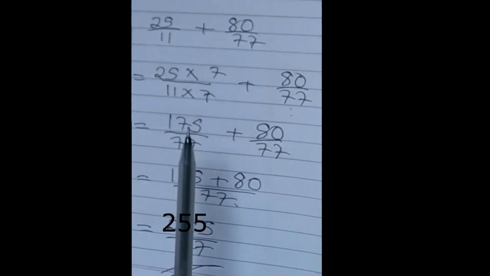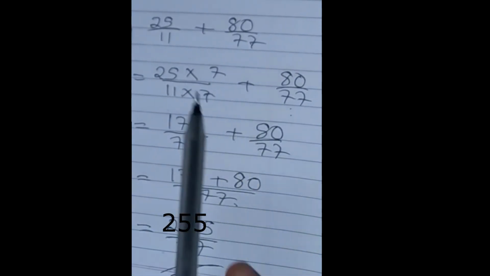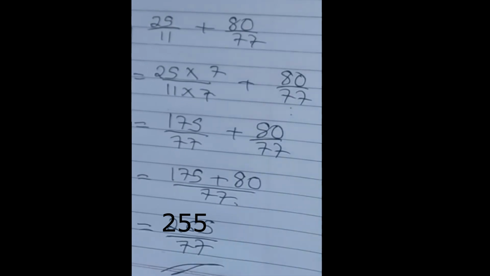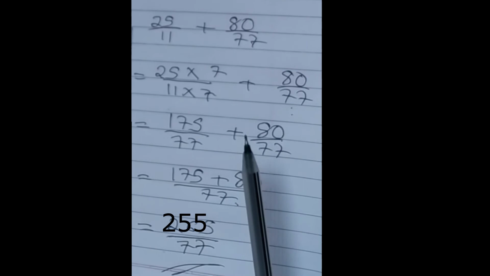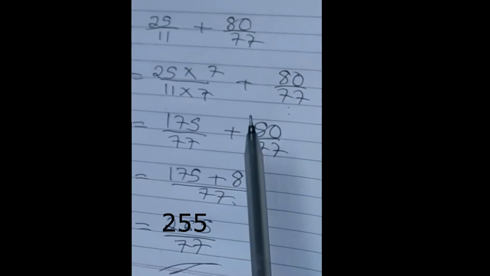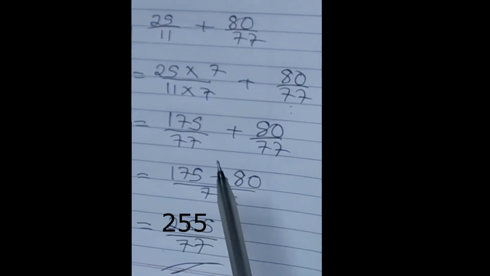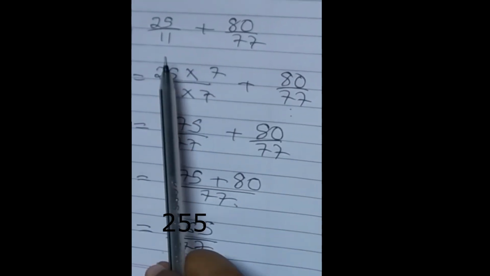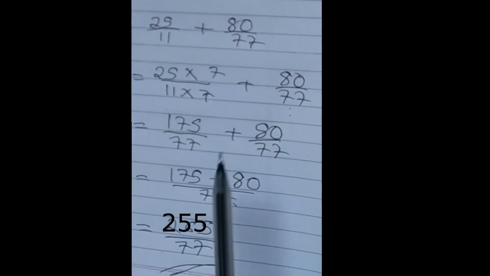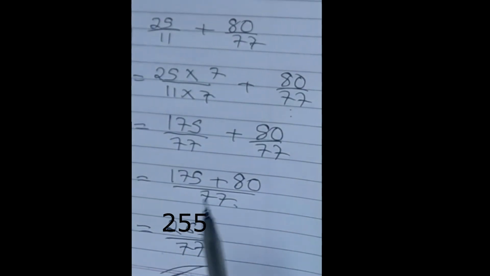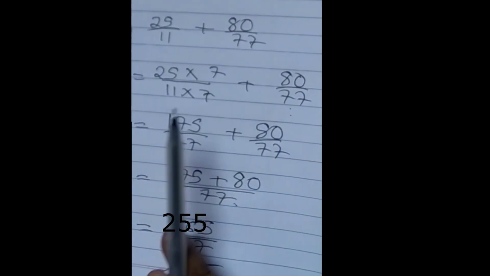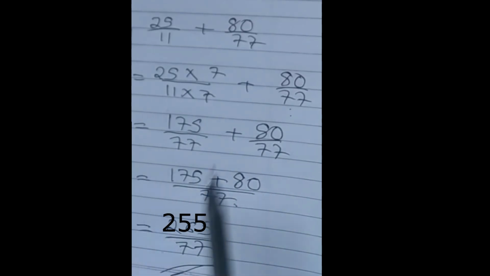So you look at the question, which method seems easier, that you can do, right? This sum you can do by cross multiplication also. The calculation will become very lengthy and it will take a lot of time to solve. So we can easily get the denominator same, so we can do it in this way. See, in problems where you cannot get the same denominator very easily, there you can use cross multiplication.